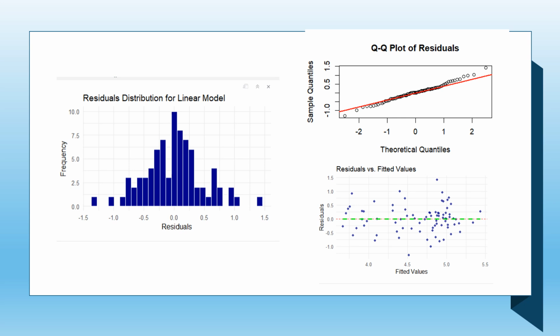And then on the bottom there, the residuals versus fitted values. We can see that they're kind of randomly distributed between both above and below zero, which is good. But we could also see that there isn't really constant variance. So some of these residuals are changing a little bit, and kind of like we would expect, right? Some of our variables were not normally distributed. That kind of sticks out here.